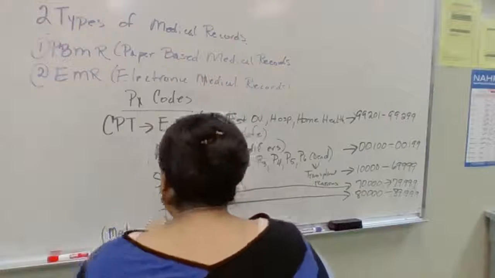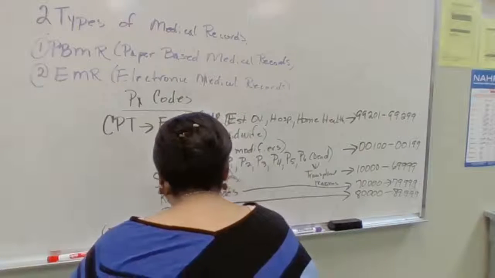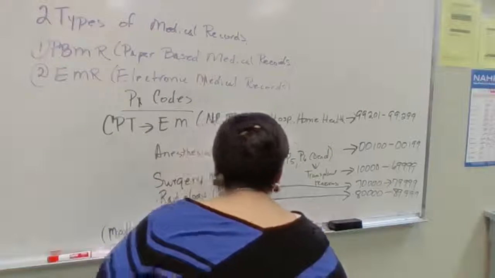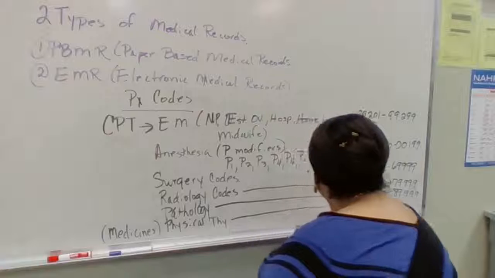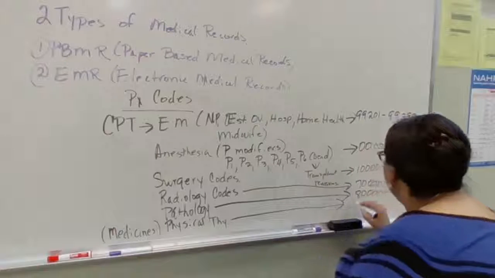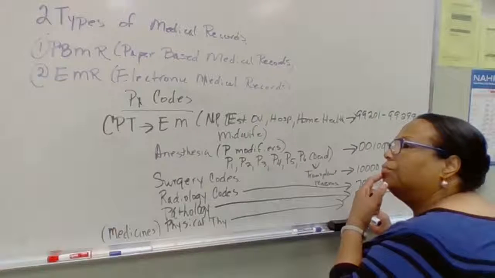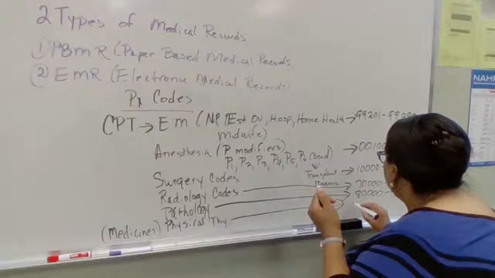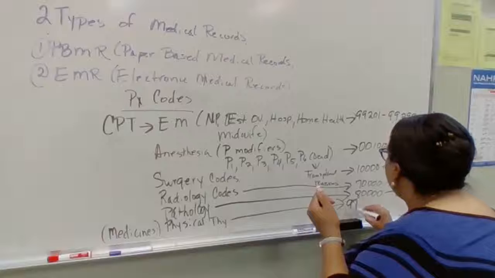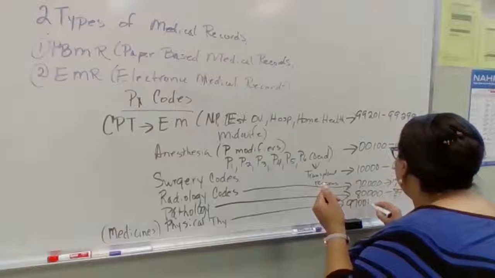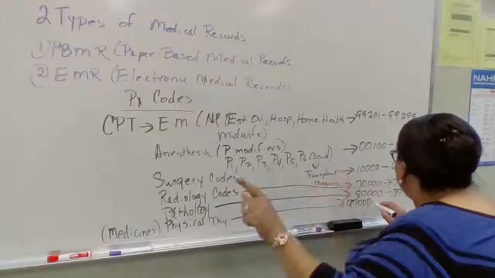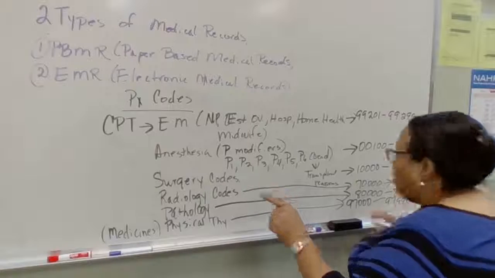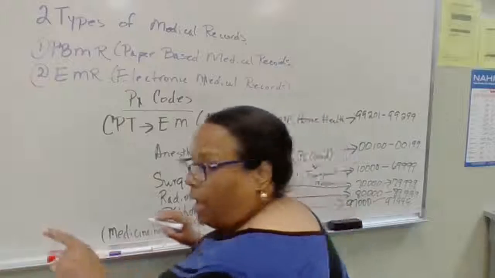Okay. All right, so you have the medicines. All right, so you have physical therapy. Physical therapy goes from 9,700,000 to 9,7999. Okay, then you have